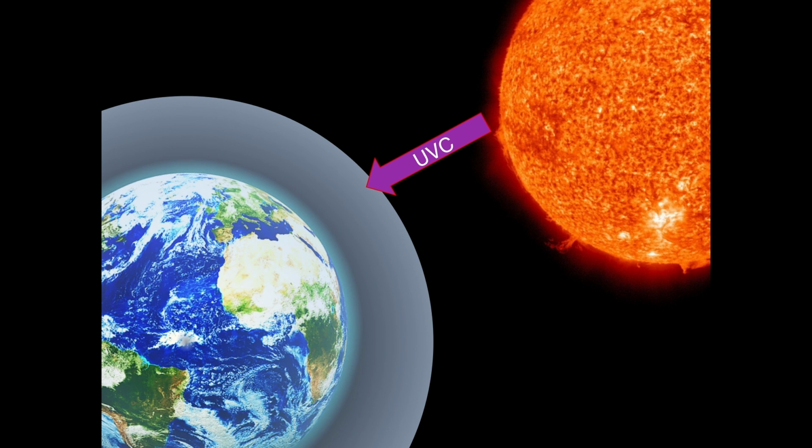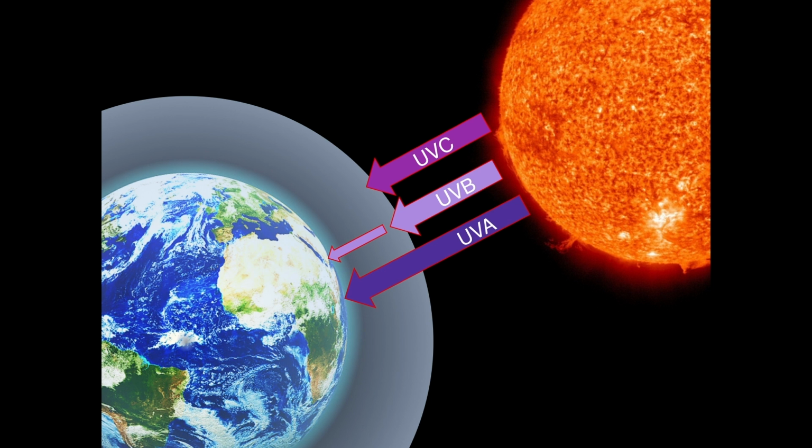Most of the UVC will be absorbed by the atmosphere, but some of the UVB is going to pass through the atmosphere to the surface of the Earth, as is all the UVA along with visible light. So at the equator, we get this terrifically high load of ultraviolet radiation, which is mostly extremely harmful to life on Earth. But ultraviolet radiation, although we talk about it in mostly negative terms these days, was one of the